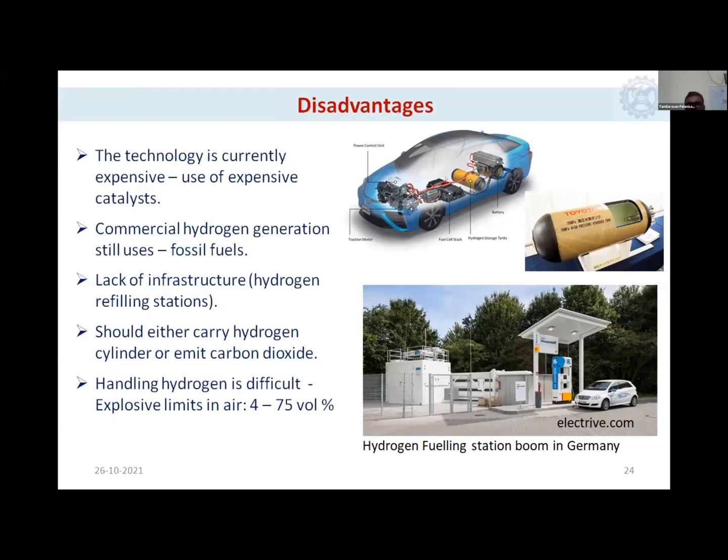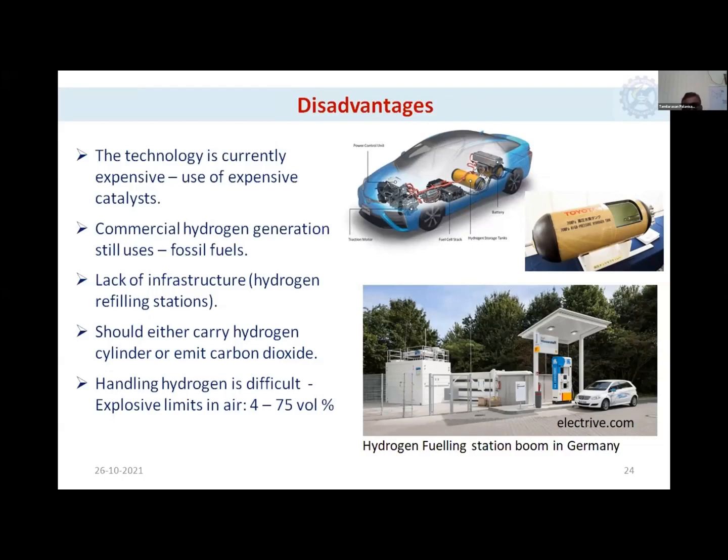See here they have integrated a hydrogen cylinder, and it is developed by Toyota. And this cylinder will be of several tens of bars hydrogen pressure, and keeping hydrogen at several tens of bar pressure in our car is certainly not that safe. Obviously several safety measures have been taken, but still